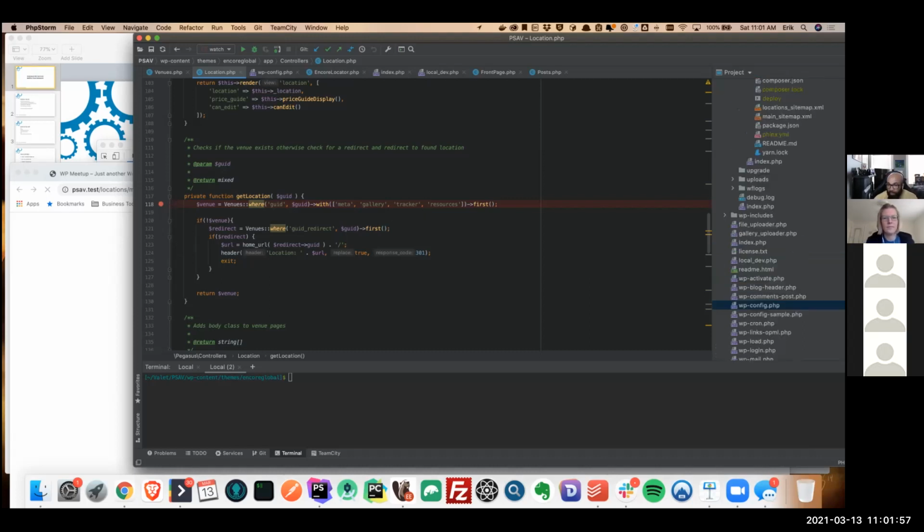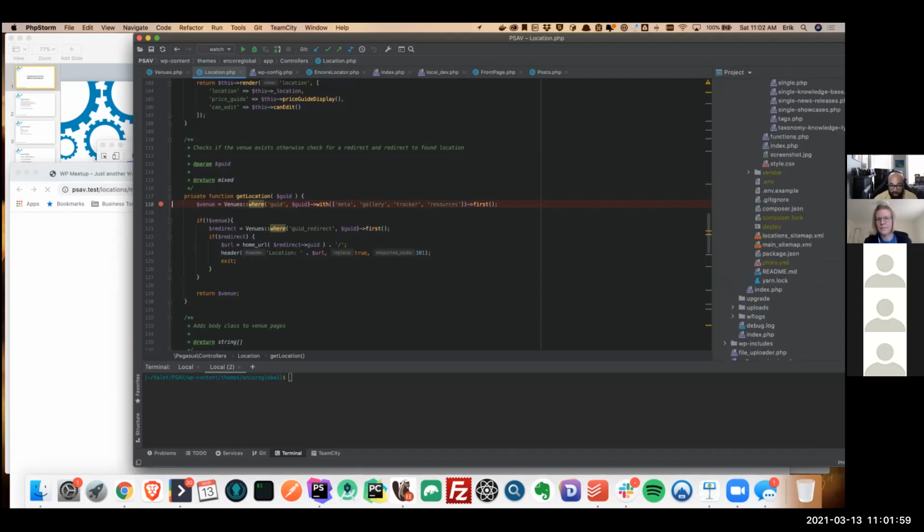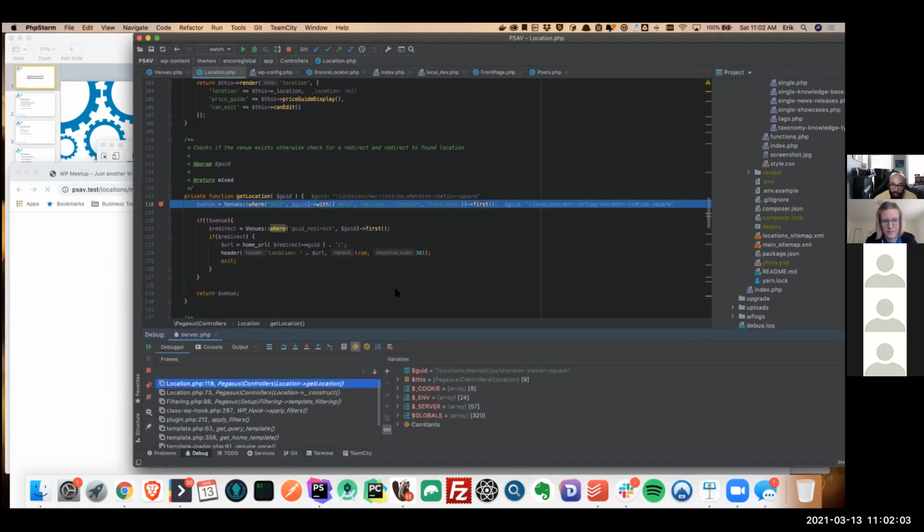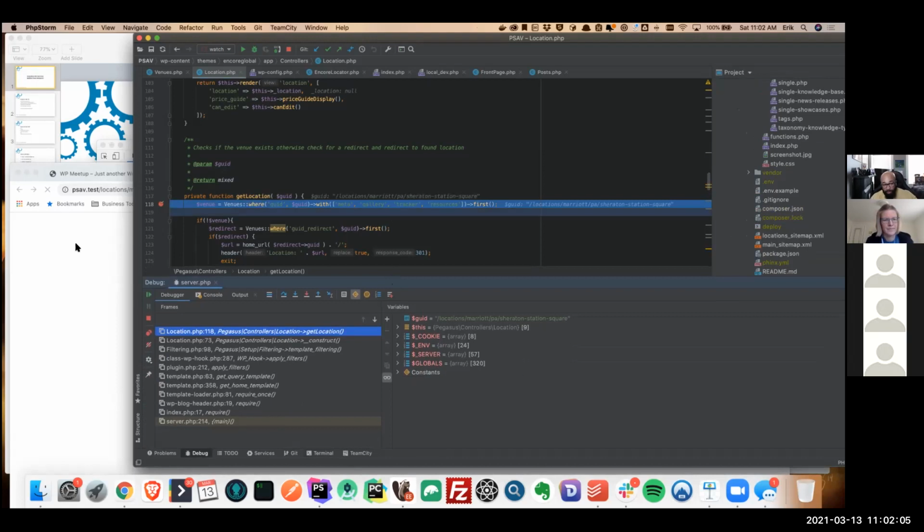Actually, there's probably a faster way for me to demo this since this is taking forever. Oh, there it goes. I was wondering when it was going to work. So now the site isn't going to load anymore because it's waiting for the code to finish, because I stopped it. At this point, whenever it's calling my method get location, I know that it's looking for this. This is what the value of guide is right there.